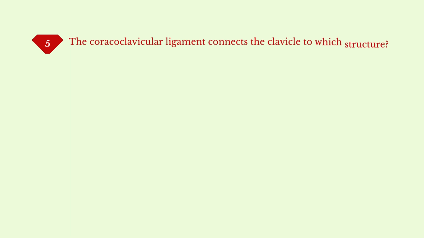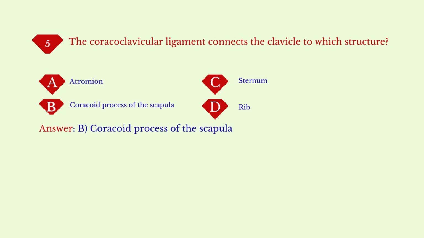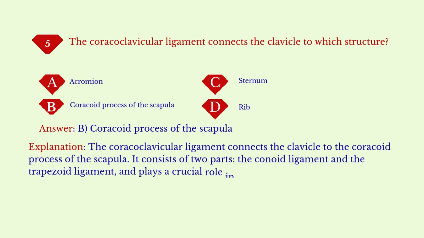The corticoclavicular ligament connects the clavicle to which structure? A. Acromion. B. Coracoid process of the scapula. C. Sternum. D. Rib. Answer: B. Coracoid process of the scapula. Explanation: the corticoclavicular ligament connects the clavicle to the coracoid process of the scapula. It consists of two parts, the conoid ligament and the trapezoid ligament, and plays a crucial role in stabilizing the